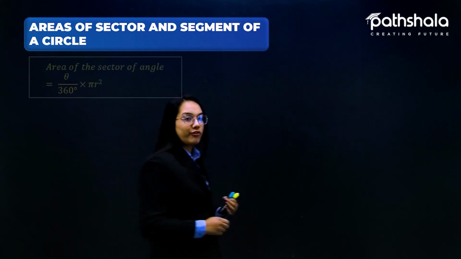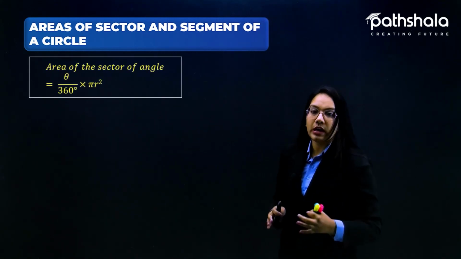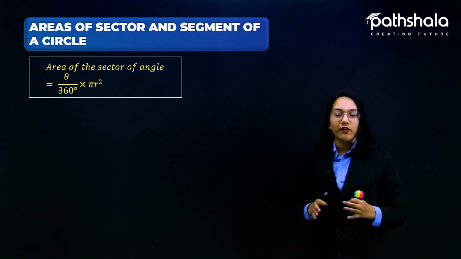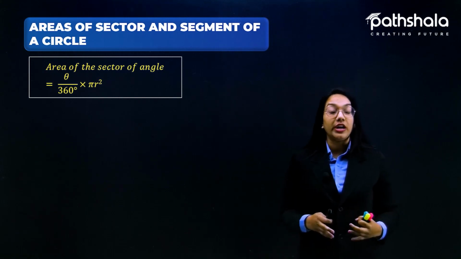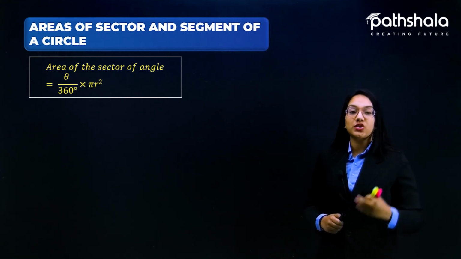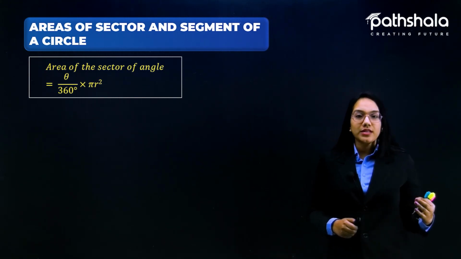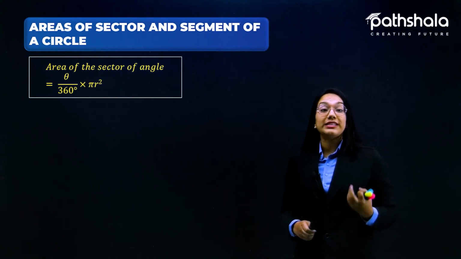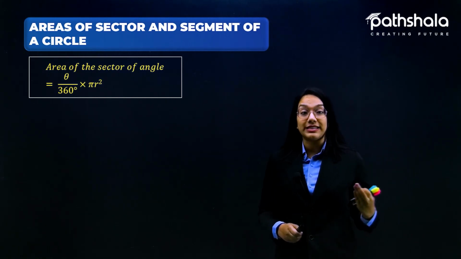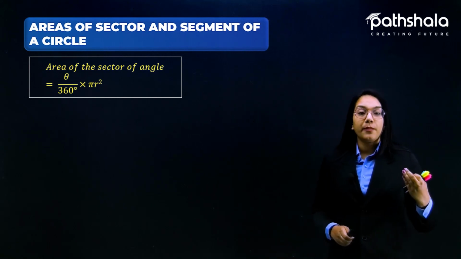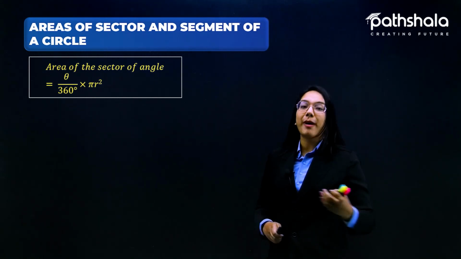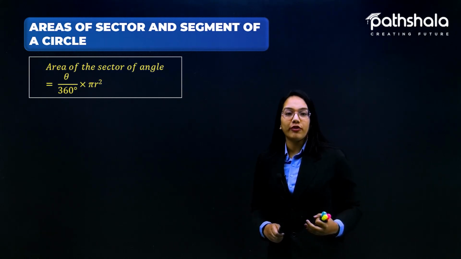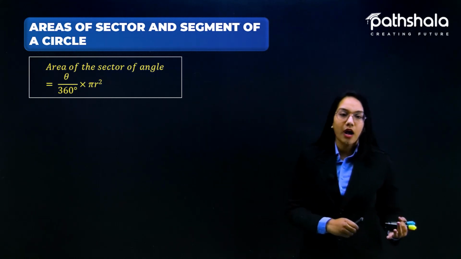So let's just move on further. Hence we have concluded that the area of the sector of the angle theta is nothing but theta by 360 degree into pi r square. This is the area of the sector. Which sector? Minor sector. So we have concluded that the area of the minor sector is theta by 360 into pi r square. Now let's move on toward the area of the segment,